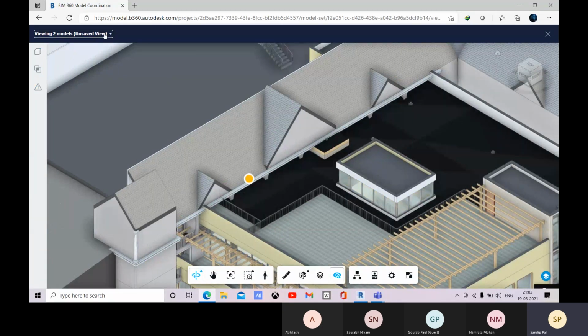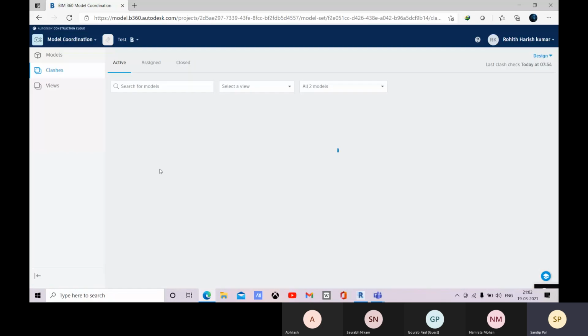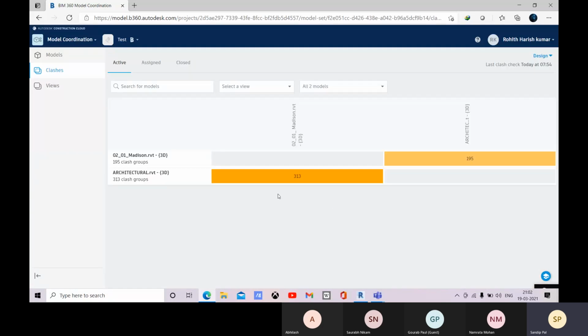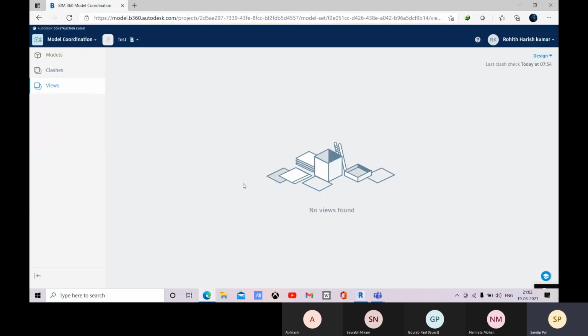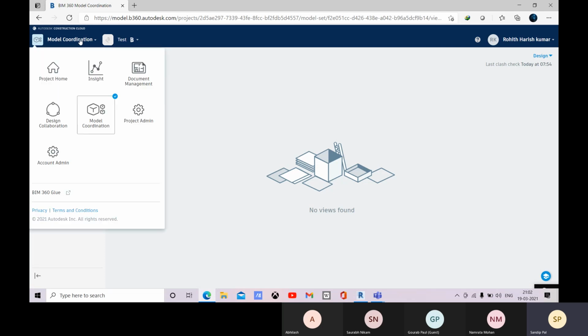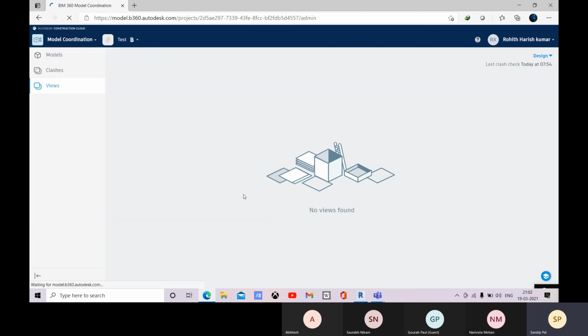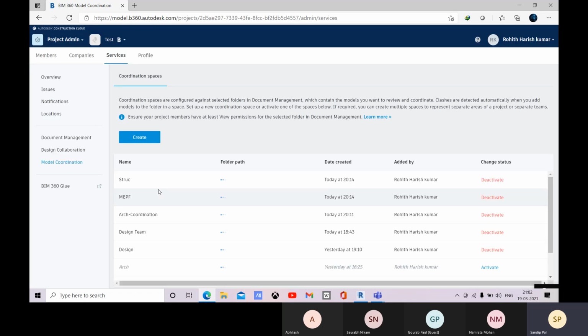Now let me come to this. Let me close this one, and let's come to this view. So there is nothing created in the view. Now let me come to this project admin, and this is the model coordination.